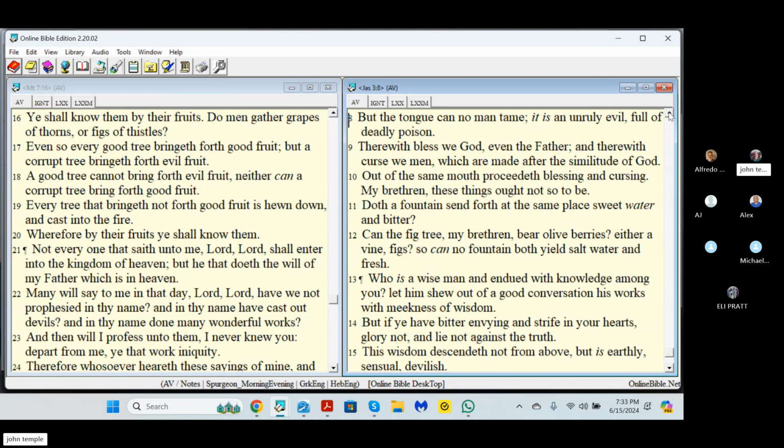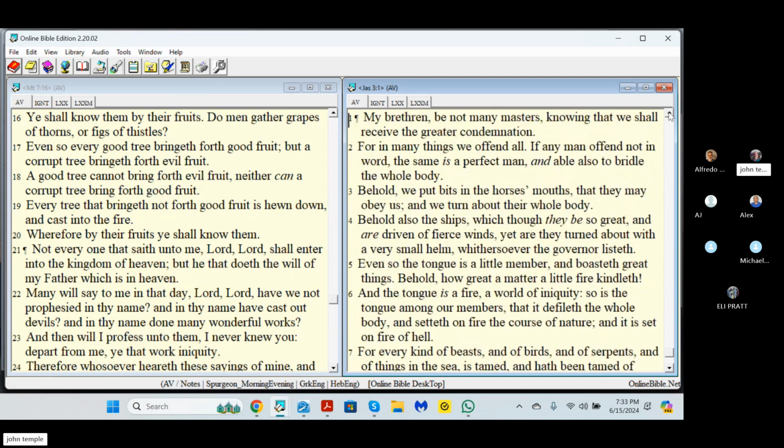But the point of the metaphor is quite different here. It's connected with the warning against the sins of the tongue. And you can take it all the way back from 1 to 12. It talks about the tongue. The passage gives 3 illustrations to show how unnatural it is to use the tongue in 2 ways, for both blessing and for cursing. So it's either going to be good or bad.